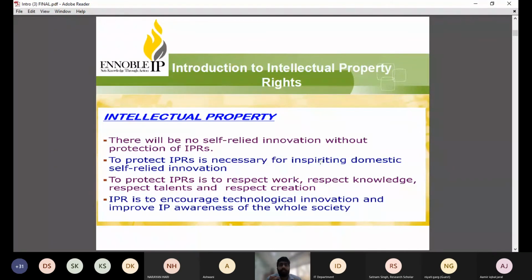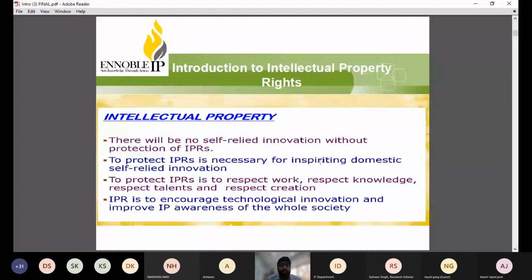So whatever thing is yours, whatever you are developing, you have invented something, developed something, developed some cartoon character, written some song, written some movie script, if you are not able to protect it, then there is no benefit, right? So IPR gives you that exclusive right of protection, that you will be called the exclusive owner of that particular property. Now it is also very important for inspiring others, and to respect the work of the innovator, to respect the work of the artist, we can say, to respect the work of the creators.